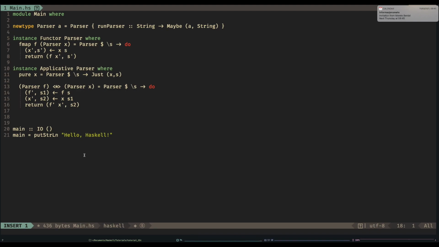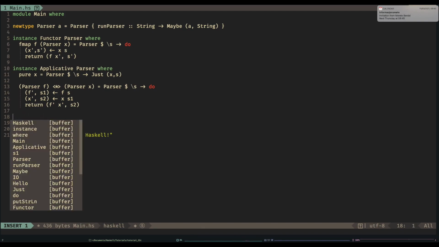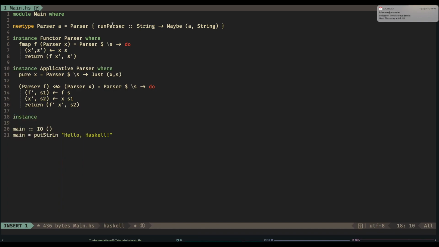I'm going to quickly make a helper function, I think. I have already got something called runParse. Doesn't matter. I'm not going to make a helper function. I take it back. I've pretty much already defined it up here. So instance Monad Parser where. We don't need to define return because we've defined pure. And we'll go Parser x >>= f, equals Parser